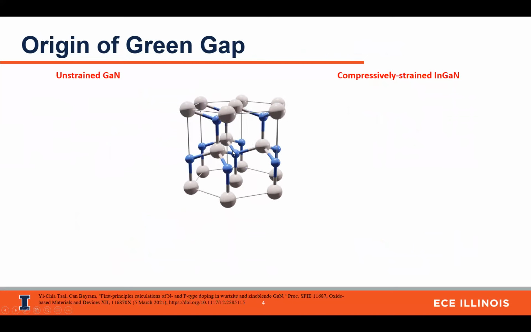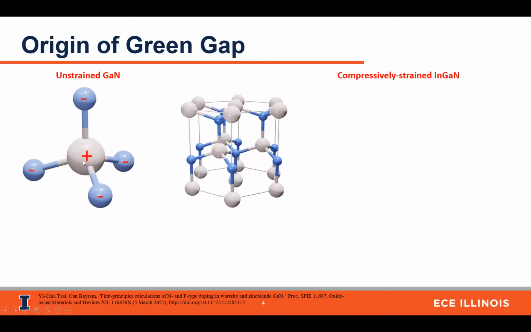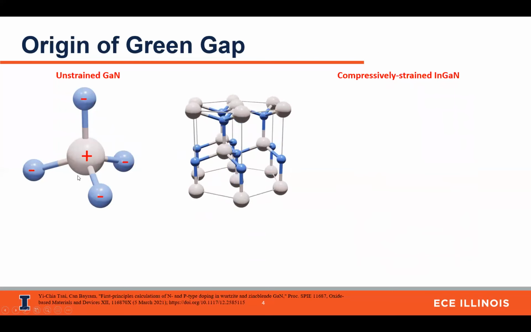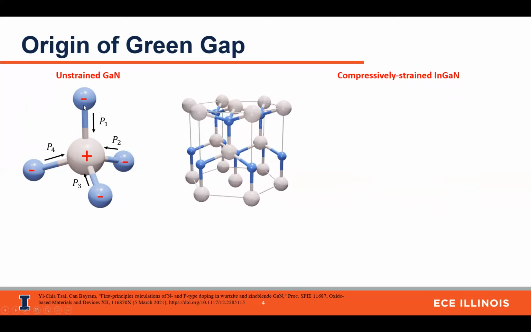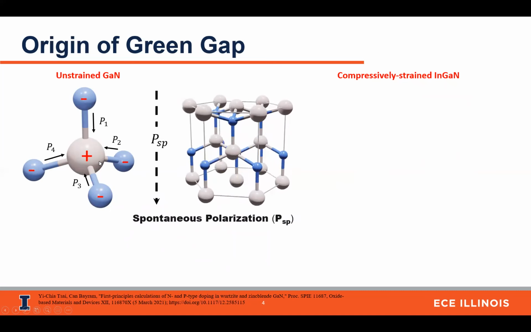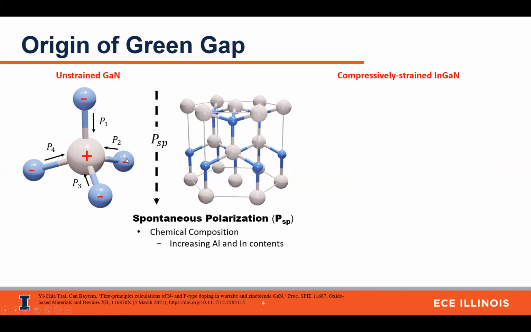This is the crystal structure of wurtzite III-nitrides. In unstrained gallium nitride, you have a nitrogen atom surrounded by gallium atoms, which are these white balls, bonded with neighboring nitrogen atoms, forming this tetrahedral structure. However, because of the difference in electronegativity between the gallium atom and the nitrogen atom, you form a dipole along these 4 bonds. And because the wurtzite structure is not centrally symmetric,